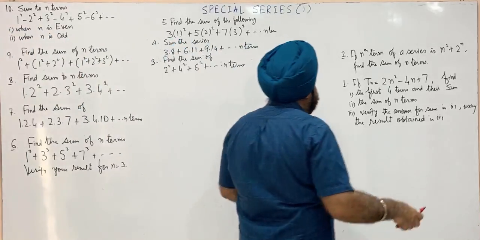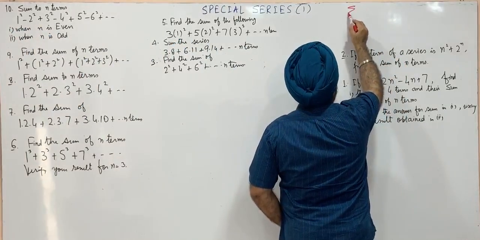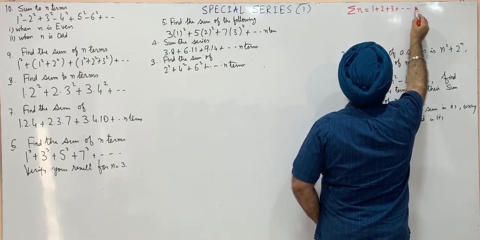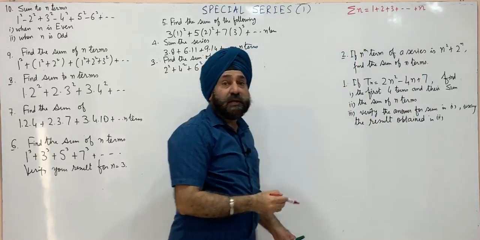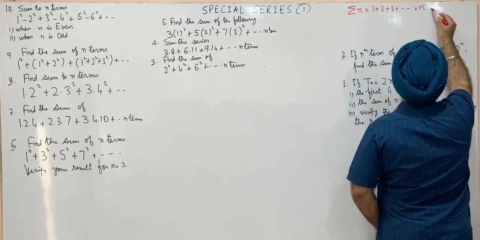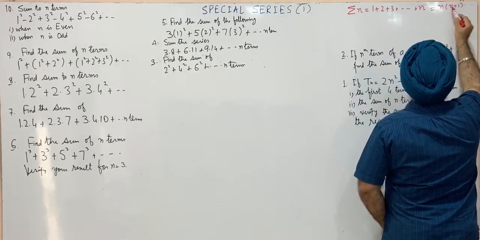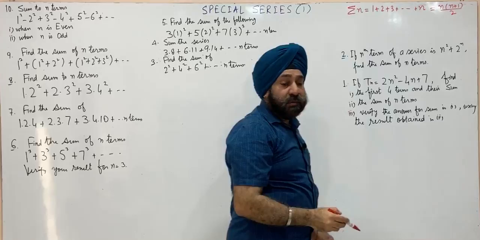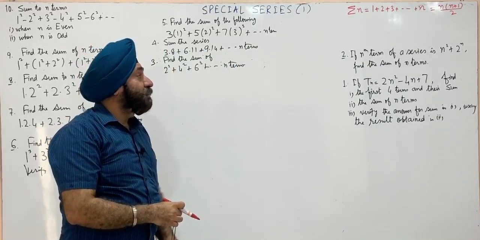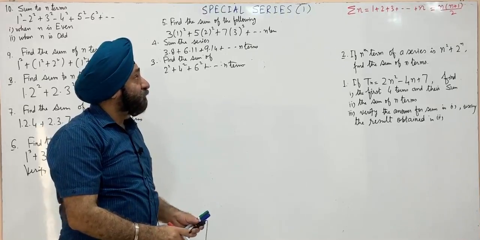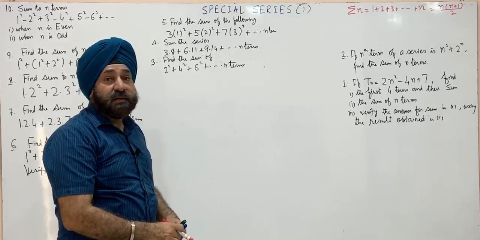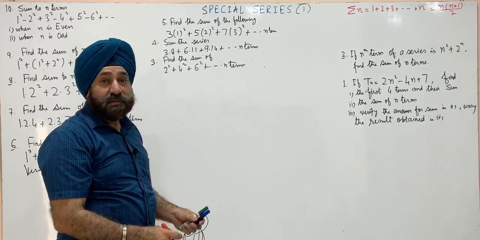These are the formulas you should learn. The first one is sigma n, 1 plus 2 plus 3 and so on up to n. This is the sum of the first n natural numbers, and it is equal to n into n plus 1 by 2. You can use the formula for n terms of an AP. These are n terms in AP with common difference of 1, the first term is 1, and the last term is n, so n by 2 into first term plus last term.